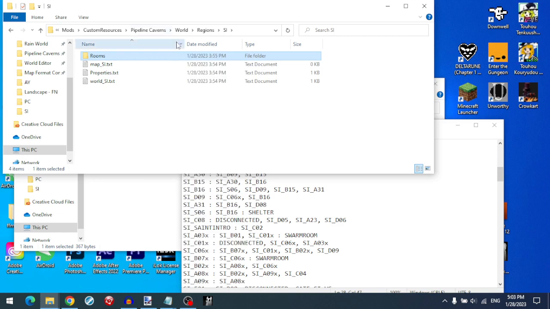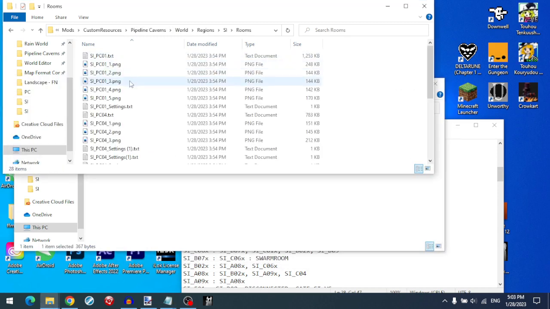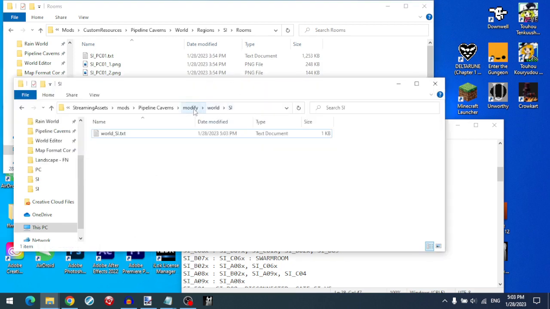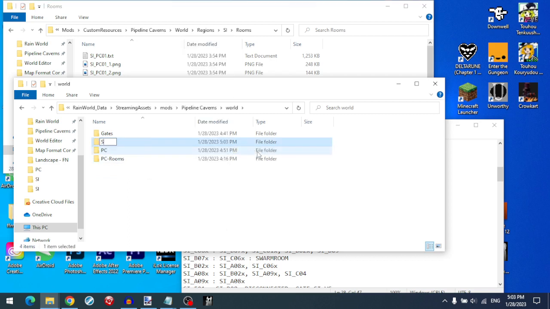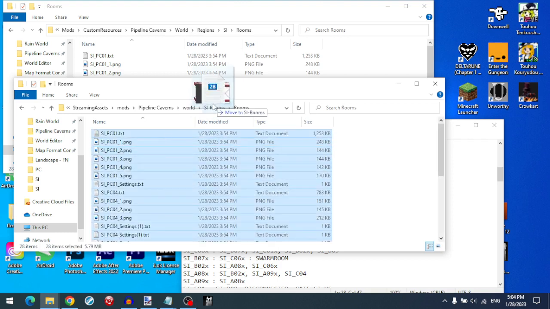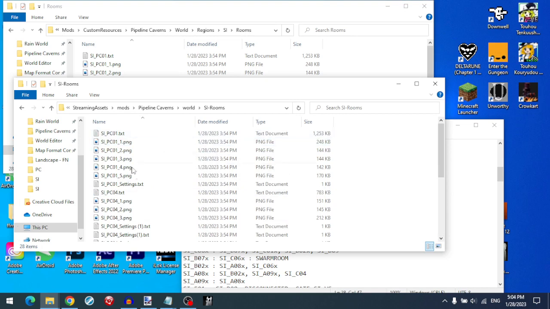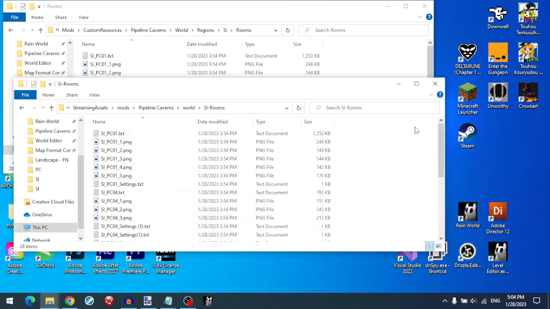Can copy over these rooms. Nothing should go in the modify file that isn't a modification file. So all these rooms, even though they're connecting, even though they're functionally modifying a region, they should not go in the modify directory, because they're completely new rooms. So I'm going to make a new SI rooms folder. No, this all needs to go up here. Alright. Yeah, even if you're modifying a vanilla room, you don't want to put it in the modify folder, because